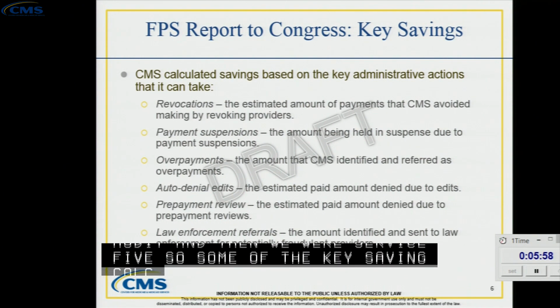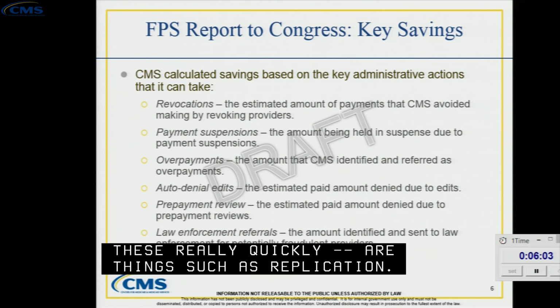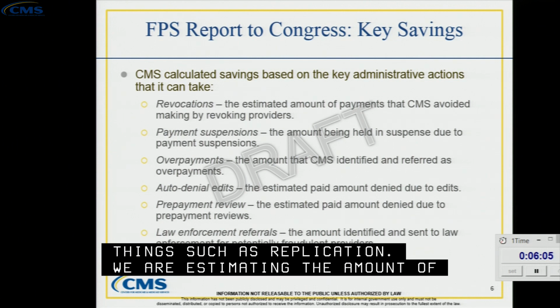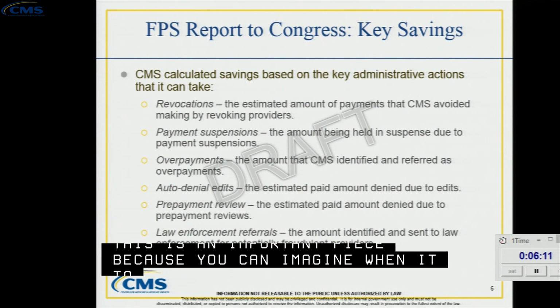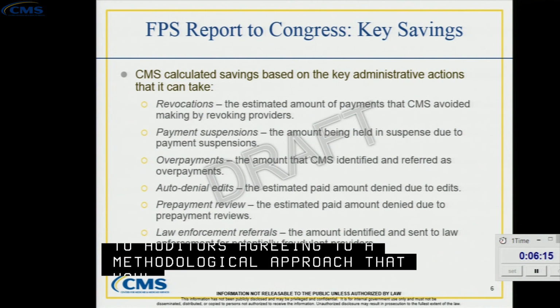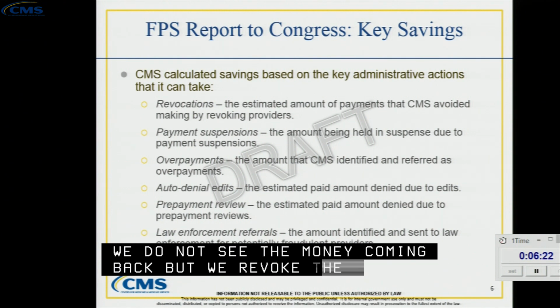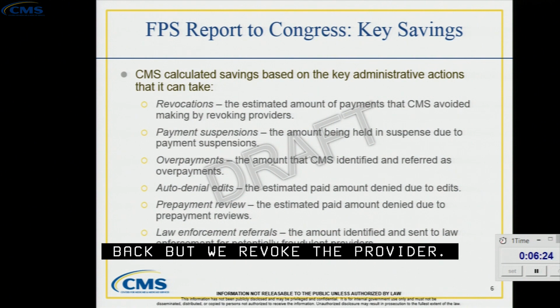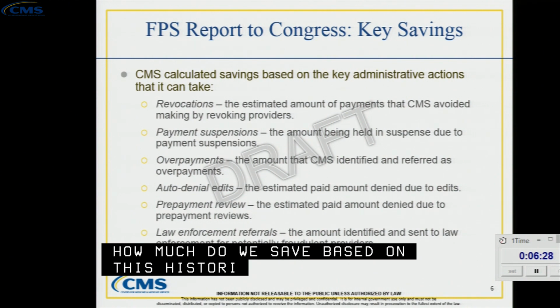So we're estimating the amount of payments that CMS avoided by revoking providers. This is a really important piece because you can imagine financial auditors agreeing to a methodological approach that would be accurate enough to say, while we don't really see the money coming back, we revoked a provider, how much did we save based on what they've billed us historically and how long they would have billed us forward? To actually get an agreement on the methodological approach and to say we certify that approach was really key to us